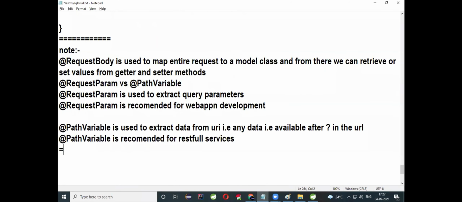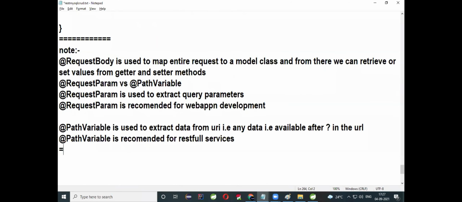The update method also you can try. Same, in place of GET you can keep PUT. I want to update Anil to Anil Kumar. Click on send. Status okay. This is the PUT method. Select PUT. This is your URL. This is your raw. This is your JSON. This is your input. Don't update the employee number. Update the employee name and salary based on the employee number. And here you have the send button.